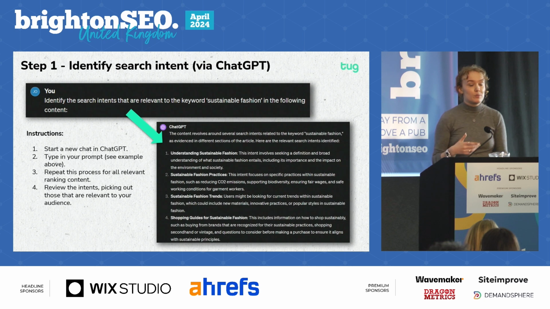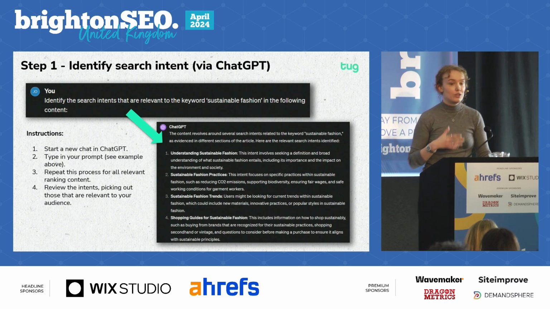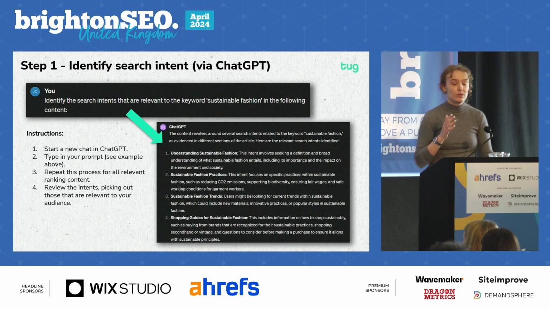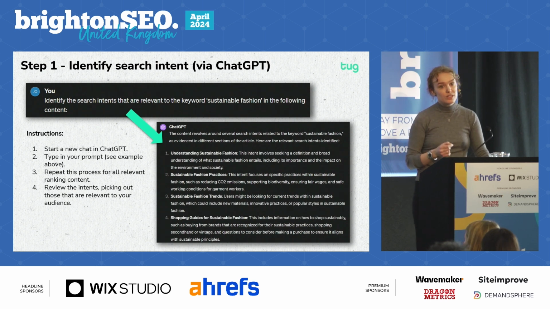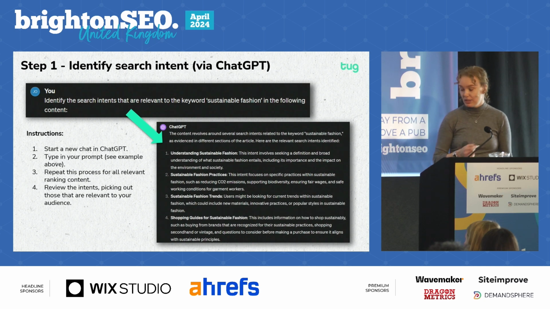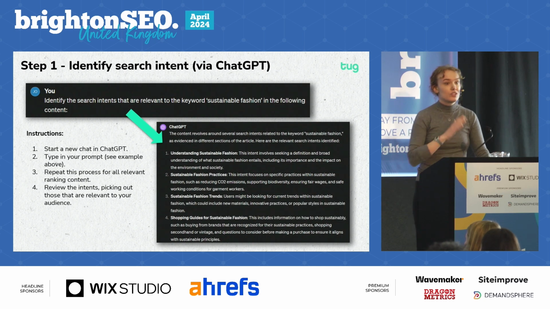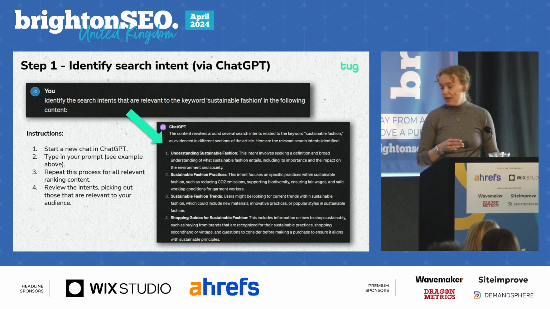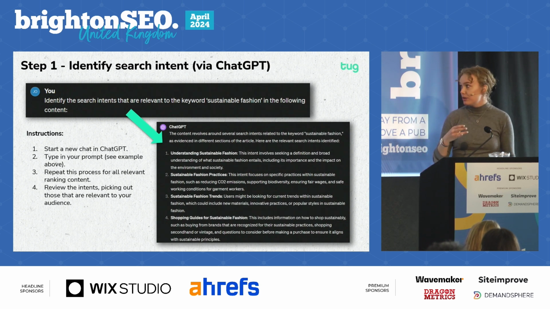You can then repeat this process with all the top ranking pages that you think are relevant to your keyword. And what you should end up with is a nice long list of intents that you can review, picking out the ones that you know are relevant to your audience and removing the ones that you know are absolutely not. So these are just a couple of ways you can enhance and speed up this process of assessing search intent. But what's more, they might be able to help you